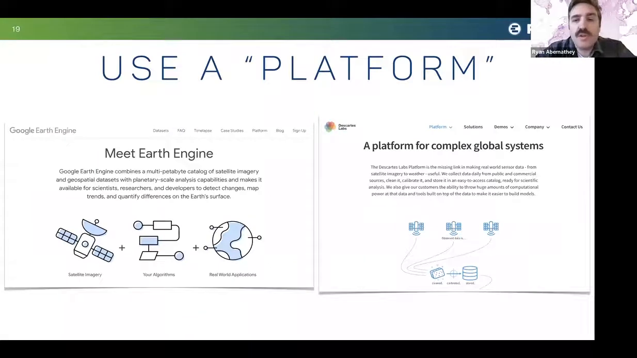Well, one answer is to use a so-called platform. This word means different things to different people, but to give a really concrete example, Google Earth Engine is an example of a platform that's been really impactful in the remote sensing area as a tool to allow scientists to do data proximate computing, scale out analytics. And I listed Descartes as another example of a platform. These tools are really great,